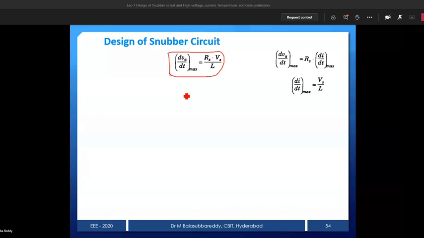Now already you know what is the L value also. So now the other version of the formula, for Rs. Now I know the L value, I know the Vs value, then I know the dV by dt value, because di by dt and dV by dt they may give in the nameplate or specification sheet. So now you can easily get the Rs value. This is by using the derivation part.